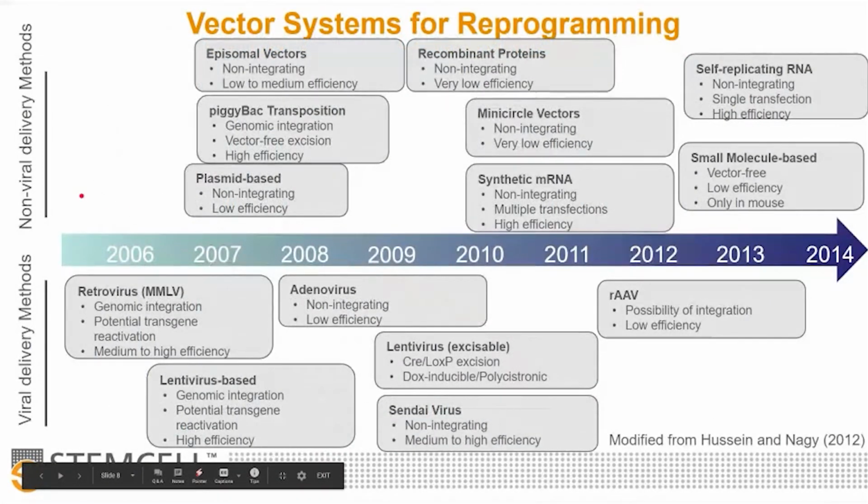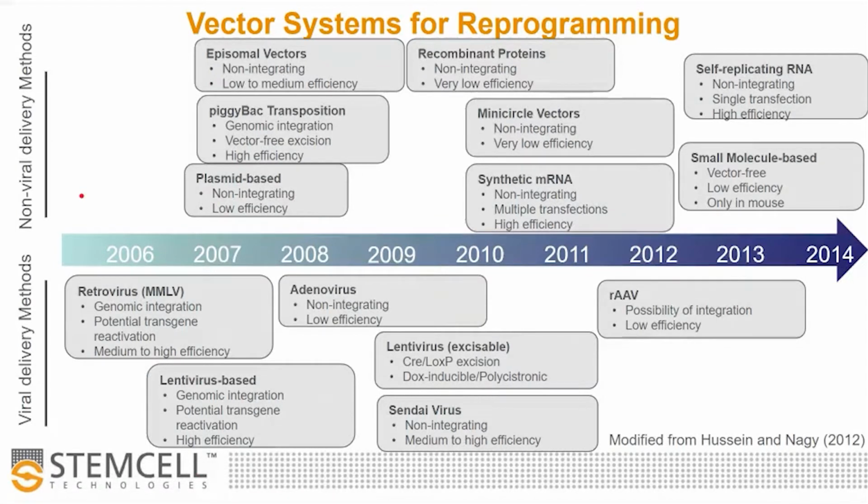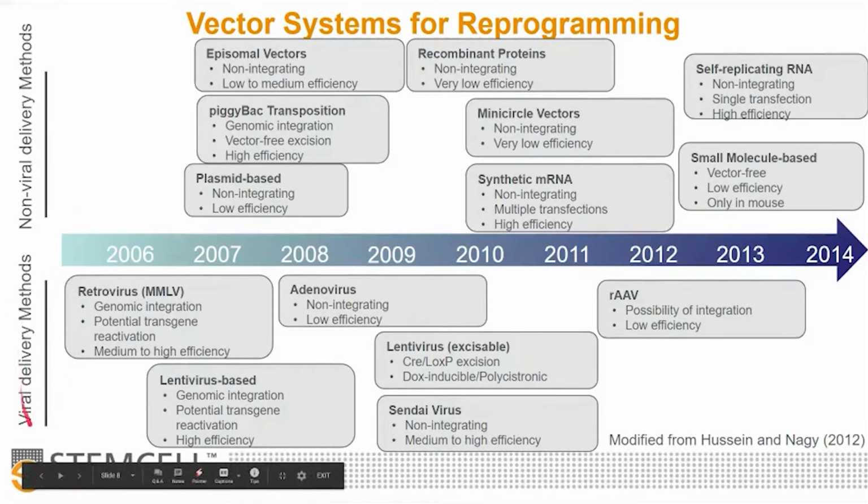So there's a lot on this slide, but very quickly, I want to take you through the history of the vector systems for reprogramming. So in the early days of induced pluripotent stem cells, the vectors that were used were primarily viral delivery methods. And those viral delivery methods were primarily integrative methods, insofar as the transgenes that you were introducing to the cell were actually integrated into the genome of the host cell. So using systems such as retrovirus and lentivirus,